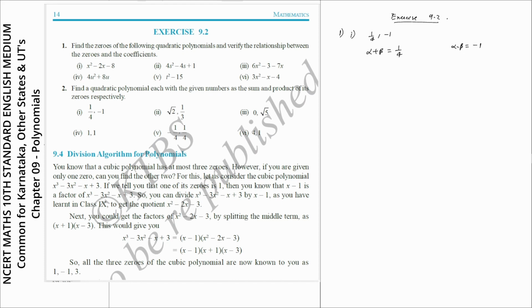So alpha plus beta, we know that it's equal to minus b by a, and alpha into beta is equal to c by a, where a is the coefficient of x square, b is the coefficient of x, and c is the constant term of the quadratic polynomial. So minus b by a is equal to 1 by 4, and alpha into beta is c by a, which is equal to minus 1. Okay,